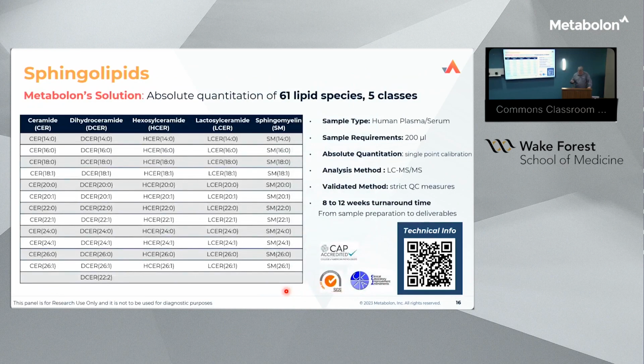And the additional one, the last one for today, is a sphingolipid panel that we have as well. And so this runs in a similar fashion as our complex lipid targeted panel, but mainly focusing on the sphingomyelin pathways. And so really allowing you to look at these 5 different lipid classes and getting the quantitative result from this. This is really seen to be quite